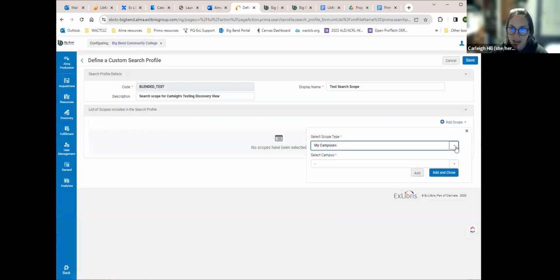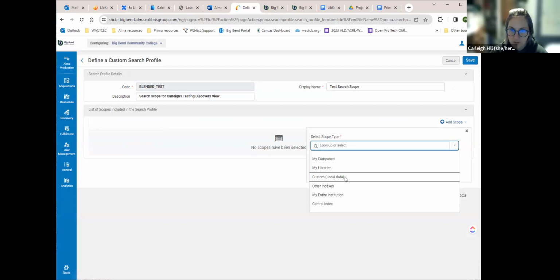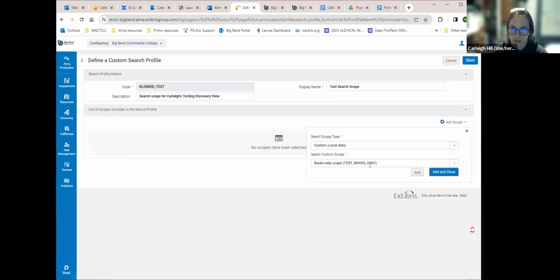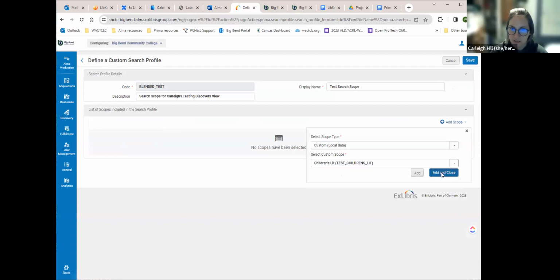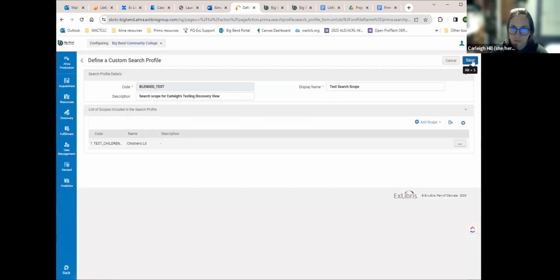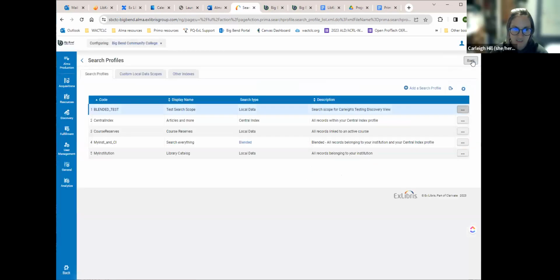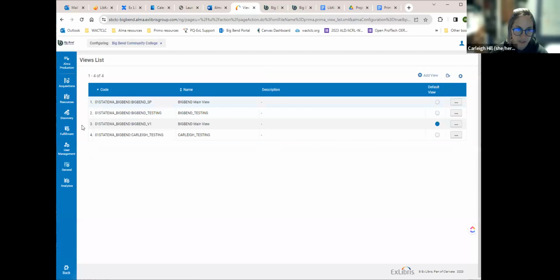And then when we go to add scope, if we choose custom local data, we see our test books only, but we also have test children's lit. We save. Now, because we've loaded this blended test into our test configure view,